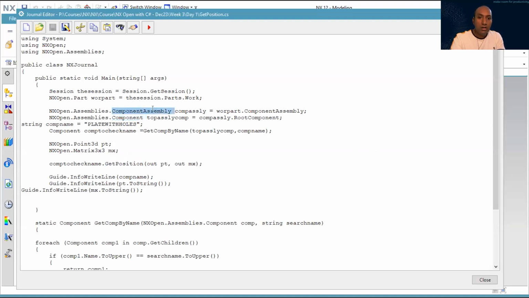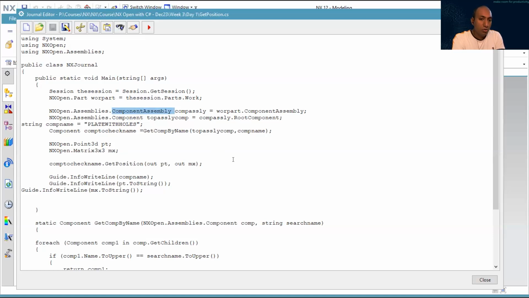But component assembly has the APIs or the builders that are mainly relevant for the assembly environment. For example, constraint, arrangement, adding component. So those kinds of APIs. So we started with understanding these two classes, and we picked up this example where we are getting the